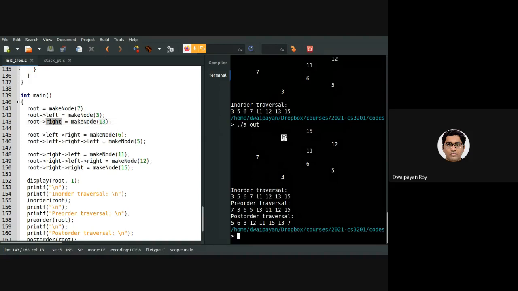Then we made another node, 6, which is the right child of the left child of the root. So the left child of the root is 3, and the right child of 3, I am placing as 6, making a new node containing the value 6, and so on.